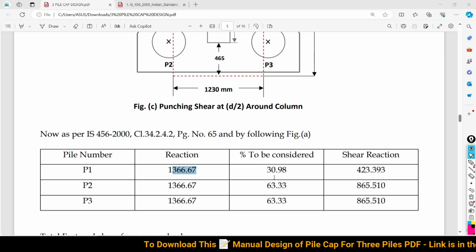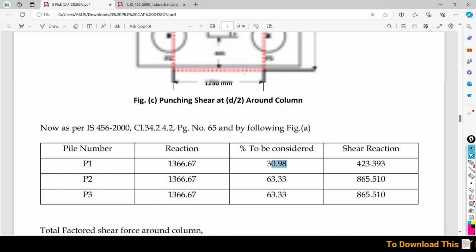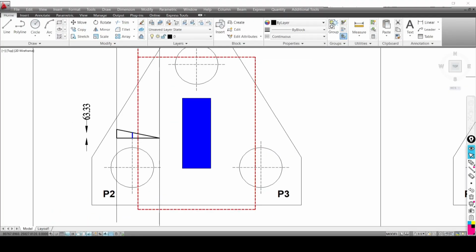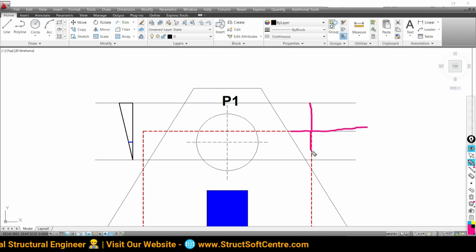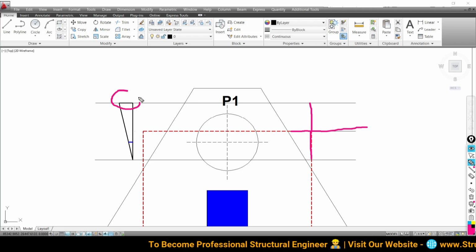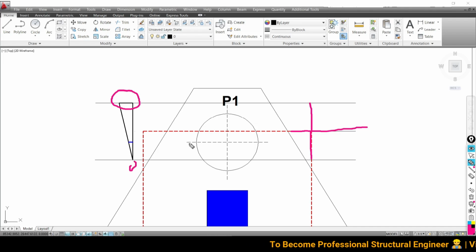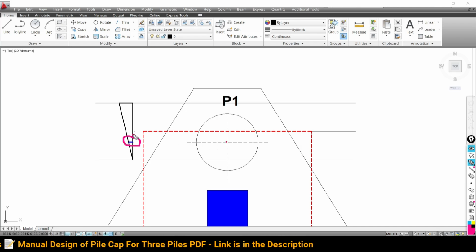Now we also have to calculate how much percentage needs to be considered along the perpendicular direction, meaning for pile 1. So again we are going to follow the same approach in this direction. This is pile 1 and this is our critical section line at a distance of dp by 2 outside, and at a distance of dp by 2 inside. At dp by 2 outside it is going to become 100%, and inside it is going to become 0%. And in respect of the center, don't make the mistake: we don't need to consider it in respect of the critical section. We have to do the calculation in respect of the center of the pile, so in respect of the center of the pile we have to calculate this height.